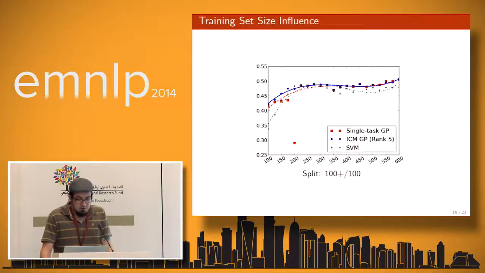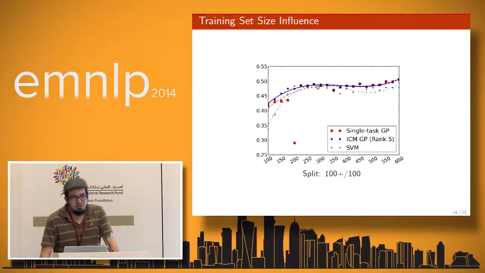And finally, we also made some experiments on the training sets. How do these models behave when you increase the training set size? After having 250, 300 sentences, we can see that basically the single task GP and the multitask GP have roughly the same prediction results. So this means that we're reaching,